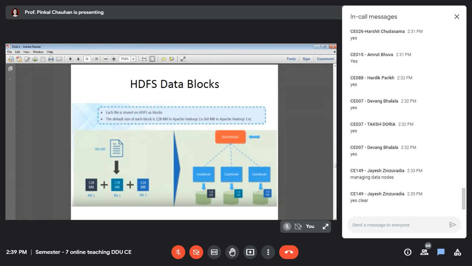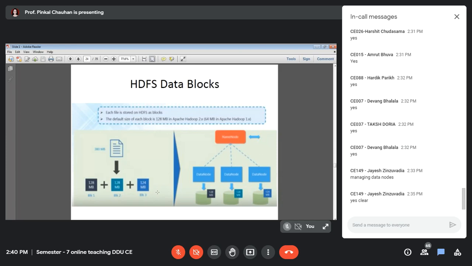Now, let's say this particular Hadoop cluster has some data nodes. So three data nodes are connected. Each block is stored on a different data node, right? So 128 MB, 128 MB, and 124 MB. Now the last block, see the block size is fixed, but for the last block it can be different. So it is absolutely okay. It is not that the last block also should compulsorily be 128 MB.